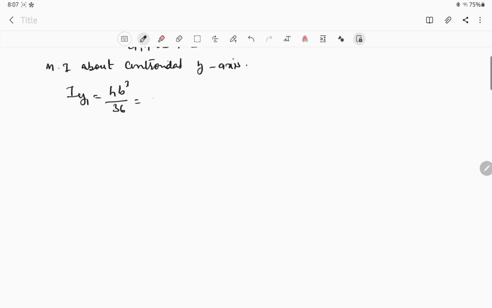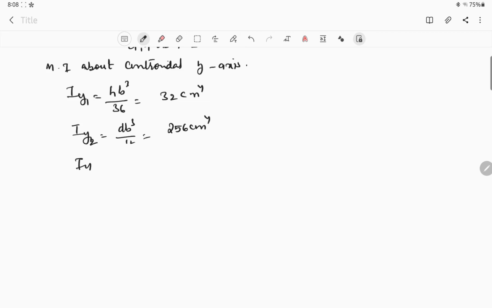Okay, so hb cube by 36 is how much? 32 centimeter power 4. Similarly, Iy2 is equal to db cube by 12, which is equal to 256 centimeter power 4,